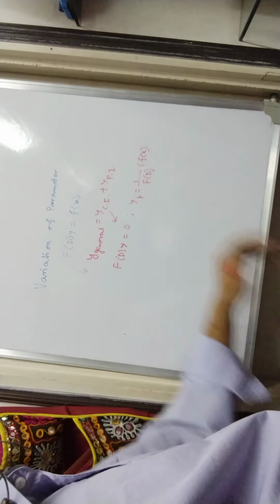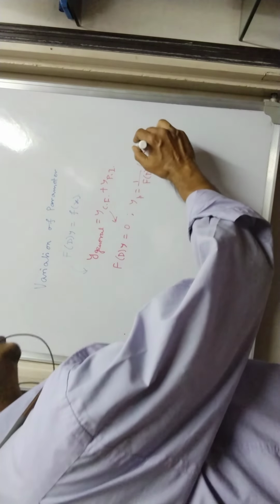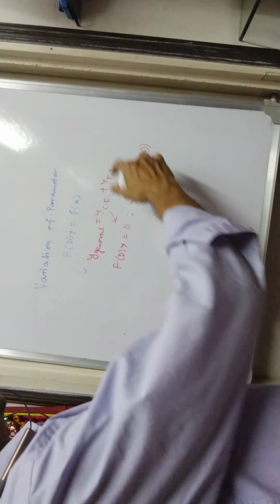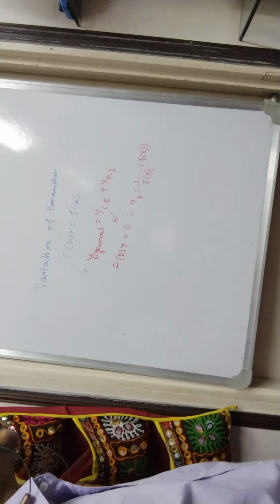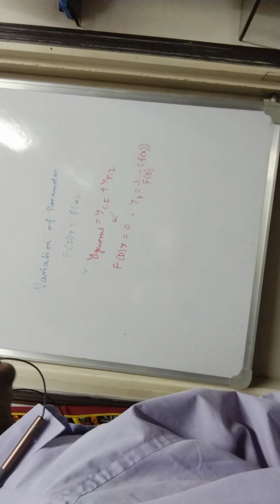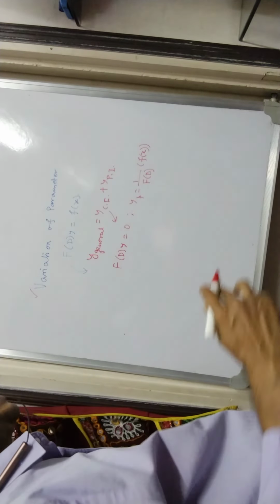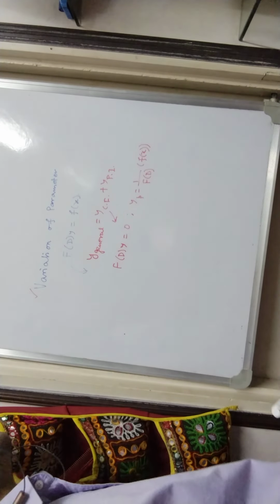We have standard procedures of finding this particular integral whenever this function is e to the power x, or this function is cos x, sin x, or this function is any polynomial in x. In all those cases we have specific tricks to find the particular integral, but variation of parameter is another method of finding the particular integral